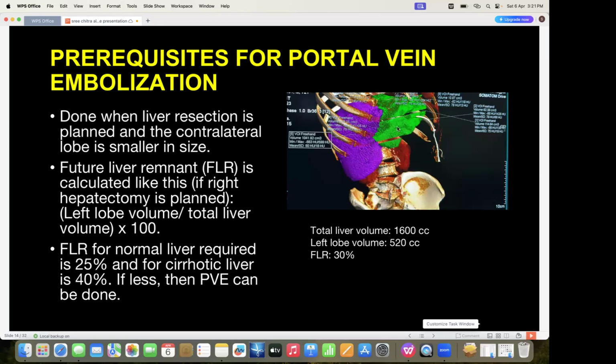So in this patient, we can see that total liver volume was calculated like this using Synovia software. This pink area denotes the right lobe of the liver, and the green area denotes the left lobe. This is a PTBD catheter placed for biliary drainage. The total liver volume was 1600 cc, whereas left lobe volume is only 520 cc. So FLR is only 30%, 520 divided by 1600. However, it is more than 25%, but the surgical gastroenterologist wished that portal vein embolization may be required for this